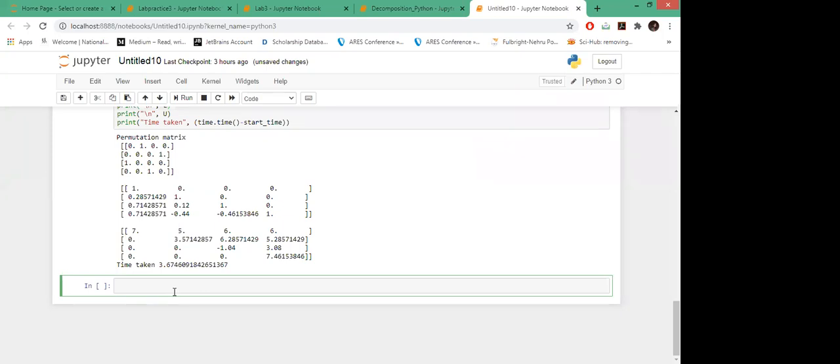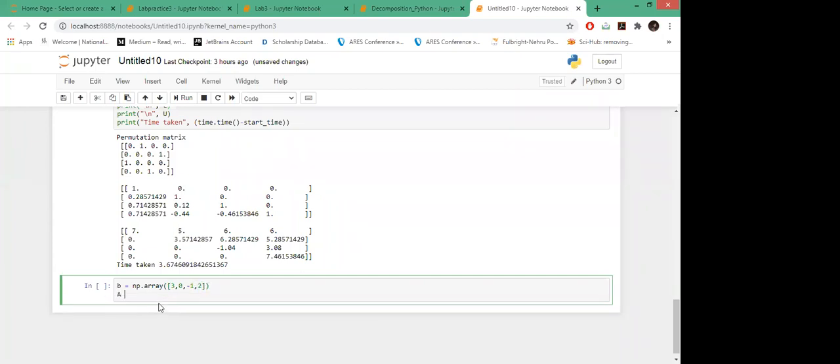For that, let's define a new system and a new vector B. For the system of equations AX equals B, my B vector is, okay, and my A will be, okay, then.